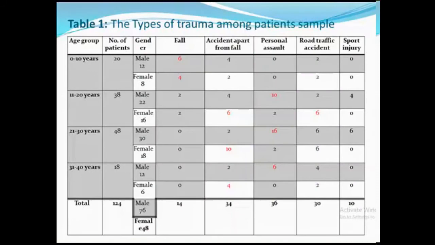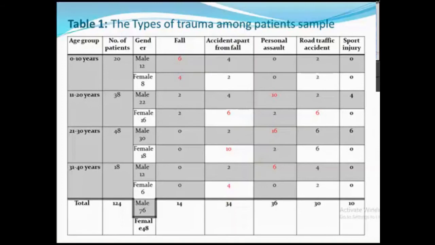So, in the age group less than 10 years, in the male and female, the most common cause of nasal trauma is fall. In the age between 11 and 20 years, the main cause of nasal trauma in the male is personal assault, and in the female, accident apart from the fall. While in the age between 21 to 30 years, the main cause in the male is personal assault, and in the female also accident